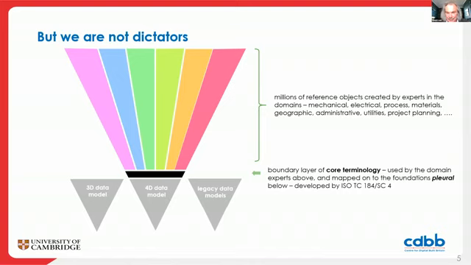The approach which we're trying within ISO, and I think several of the team on the National Digital Twin are involved in this, is to define essentially a core terminology which the people working above are going to be able to relate to. They will not necessarily understand the terminologies used down below in the different foundation data models, but the core terminology, the idea is it should be